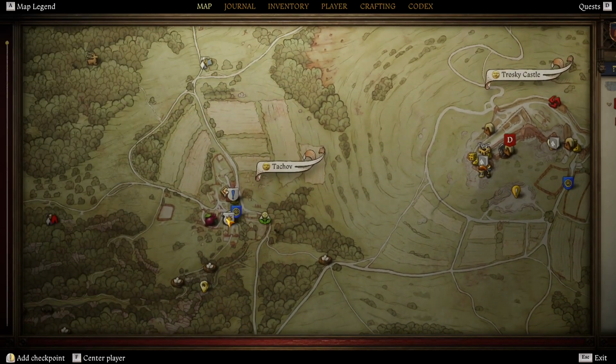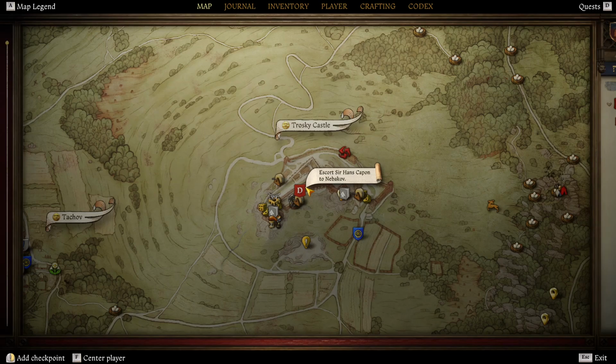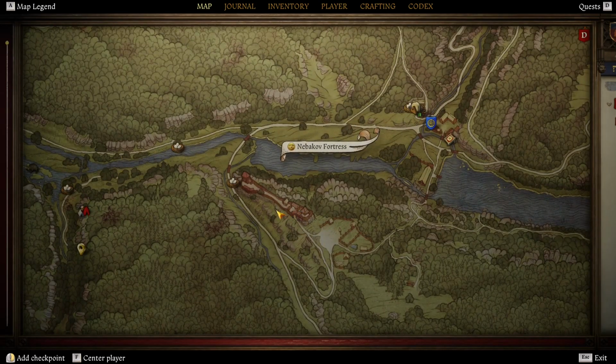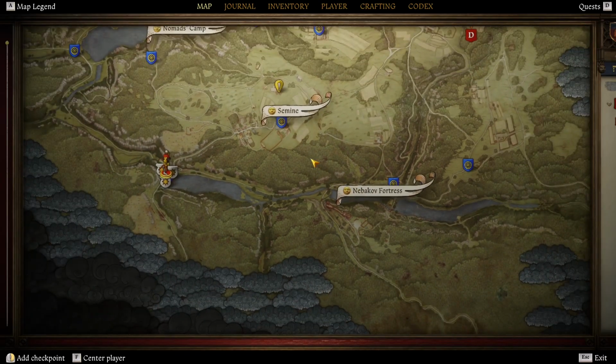What do we have? New quest? Yep, new quest. Escort Sir Hans Capon at Nebakov. Here. But until there,